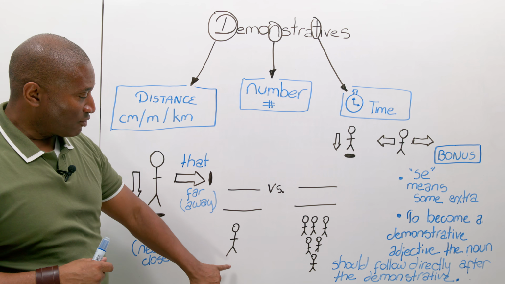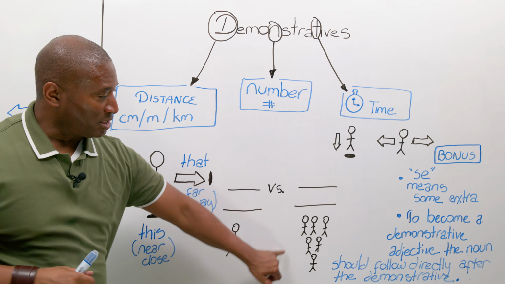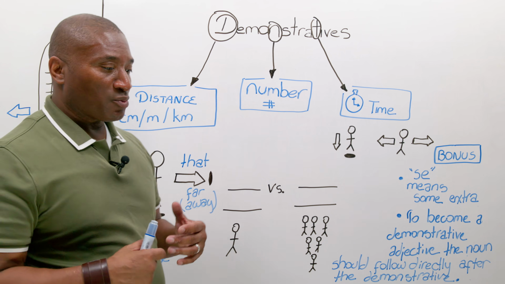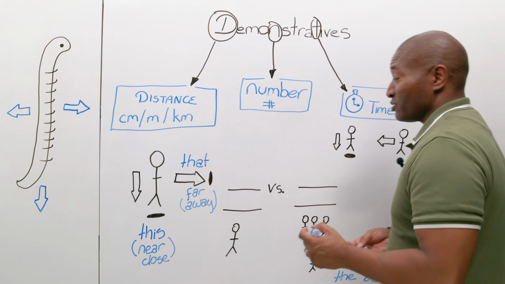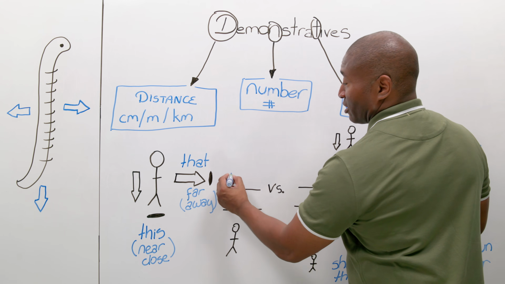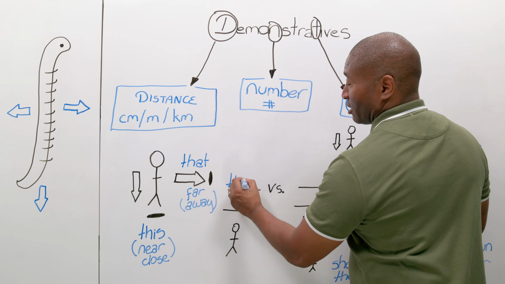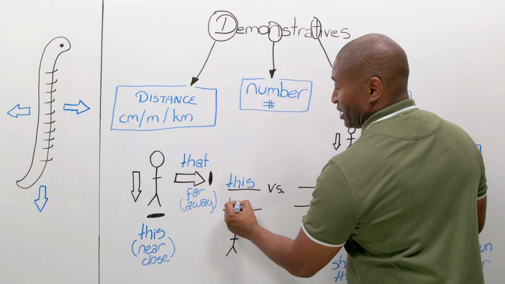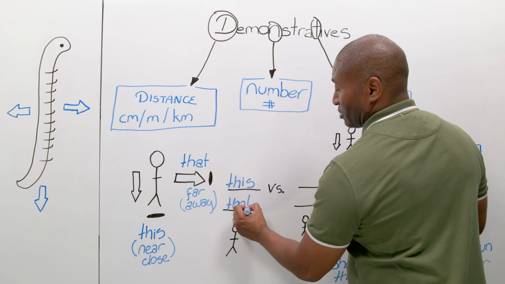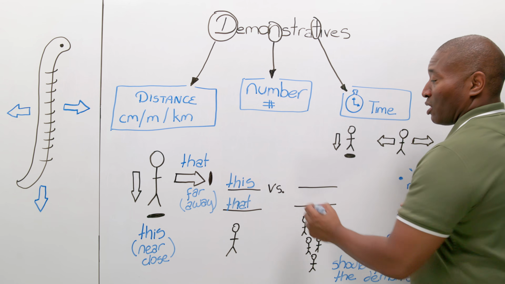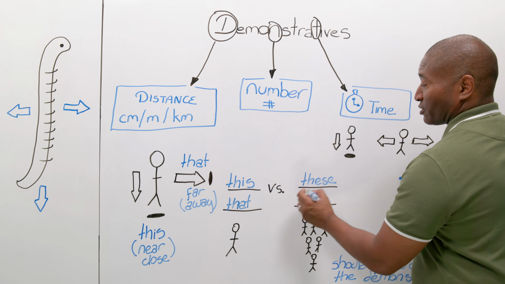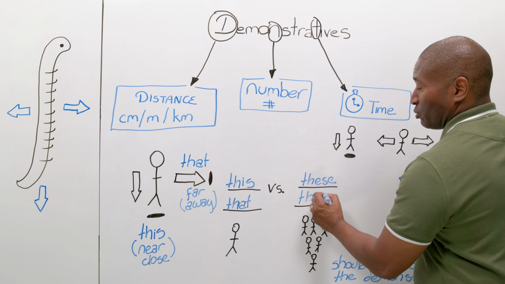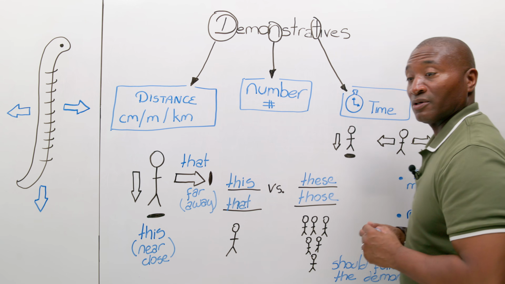You notice I have one or I have many. That's because we want to be able to use these words to talk about things that are in the ones. So this or that is for single things. Okay? While these and those are the plural words, or those are for plurals.